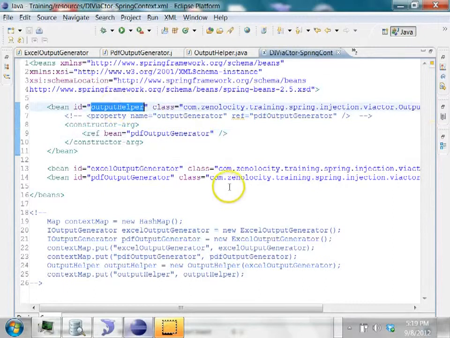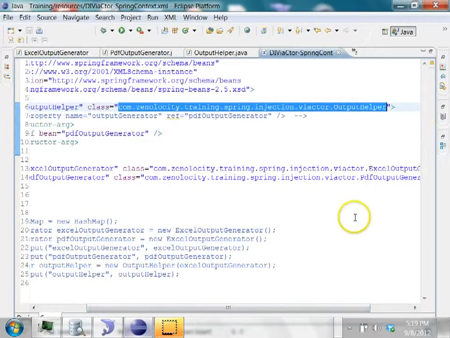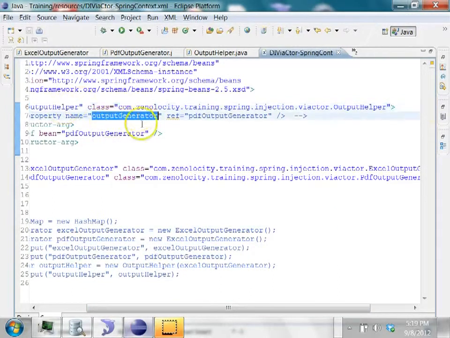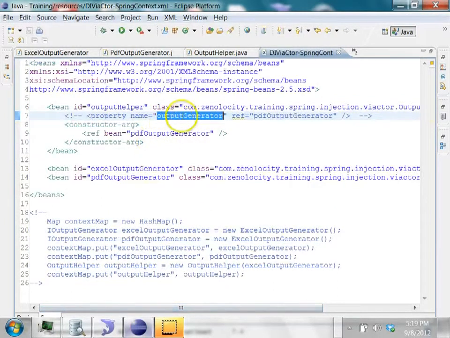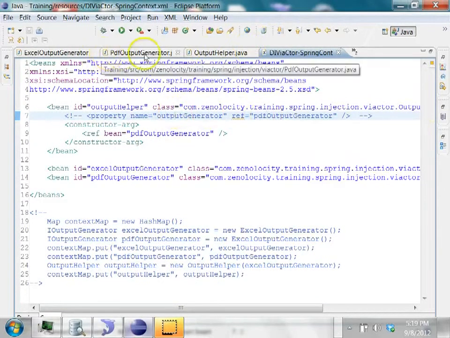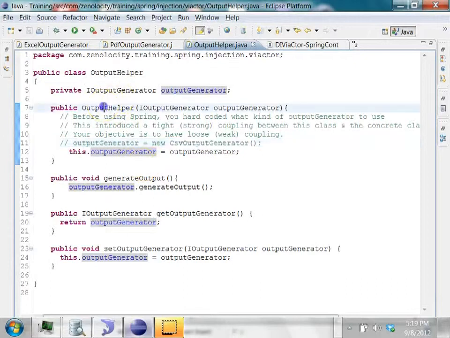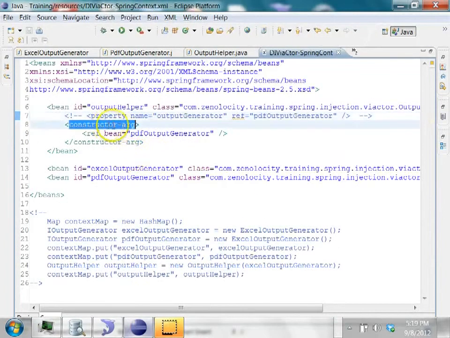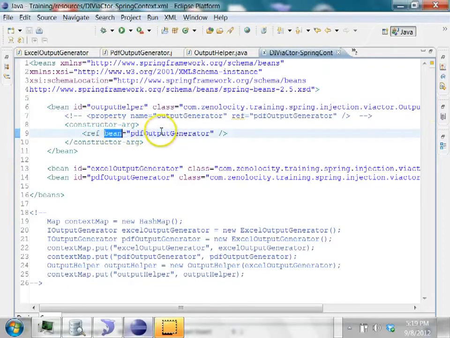So it has a bean called output helper, which is of type output helper. If you look at the constructor of the output helper class, it takes an argument of iOutputGenerator. So in your Spring context XML file, you say in the constructor argument, when you are creating this bean, use the bean referred to by the bean with the ID of PDF output generator.